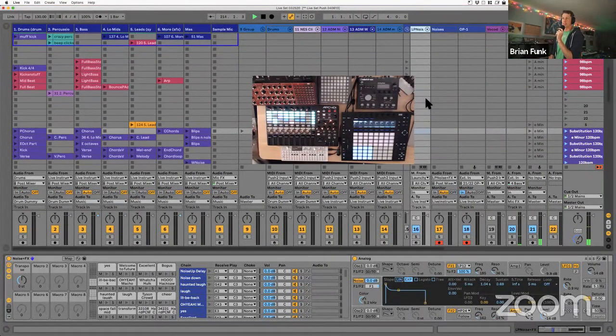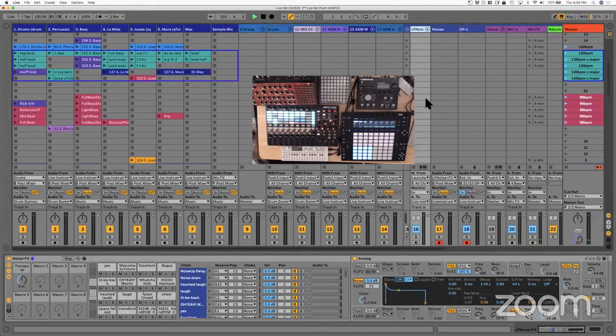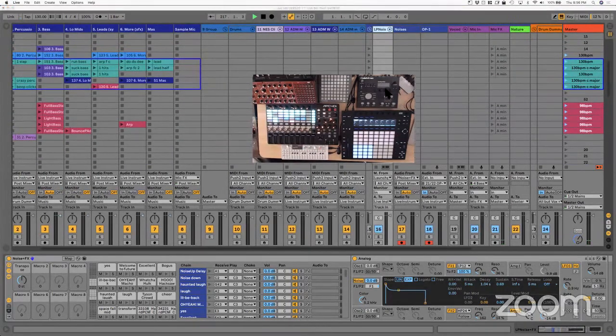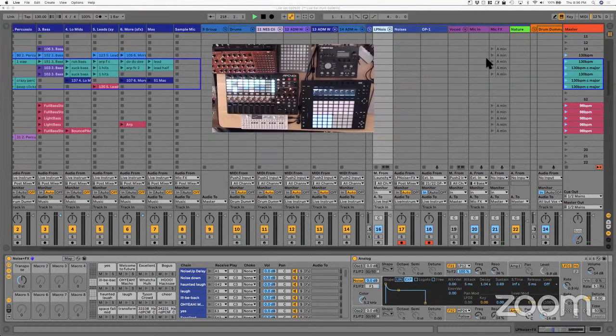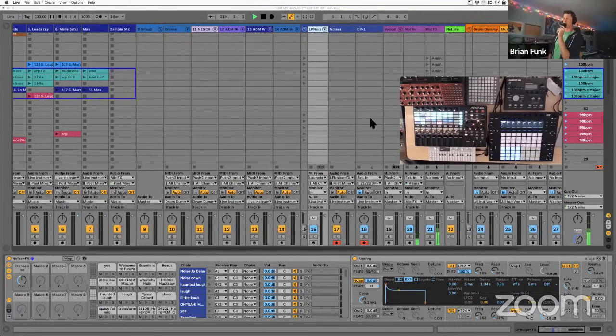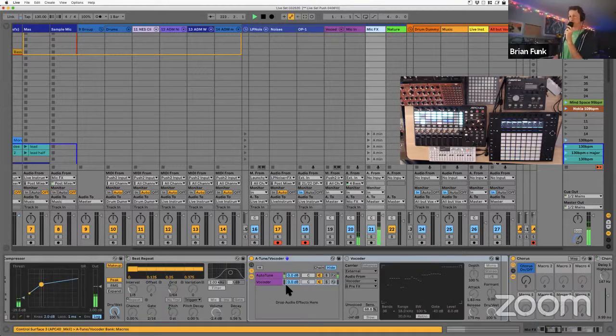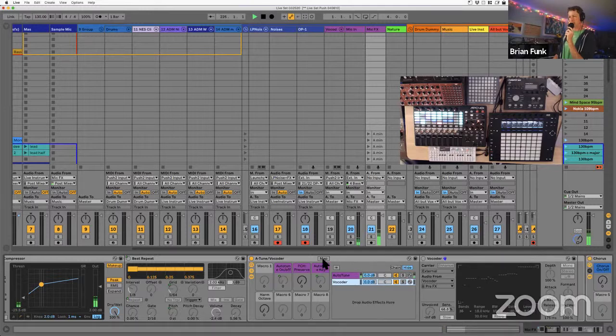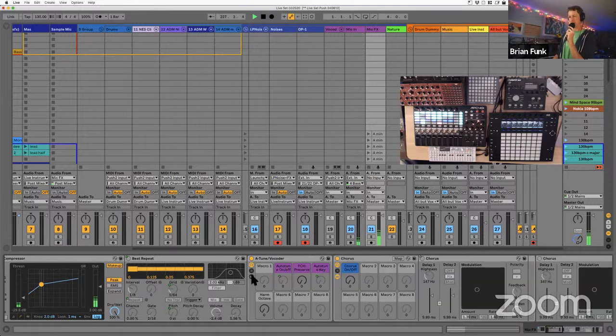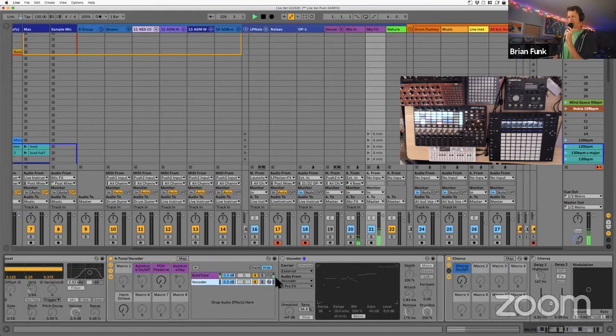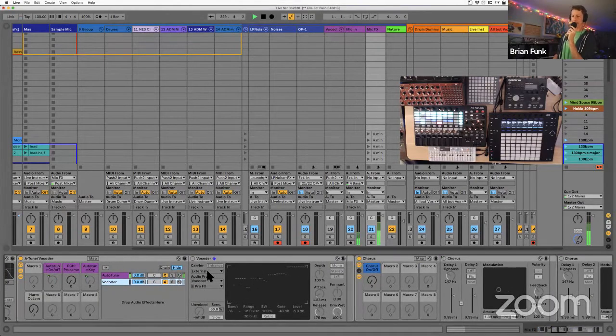Okay. How did you set up that vocoder channel, like for playing through the analog? That's kind of cool. Okay, so I could go into that. All right. So the way the vocoder works, I've got it on this chain here. It doesn't necessarily have to be in a rack or anything, I just did this to keep it neat. I've got it set up as the carrier is external. That means